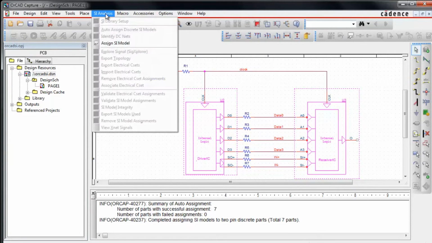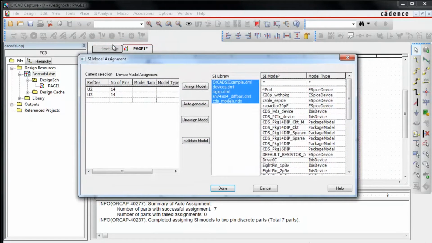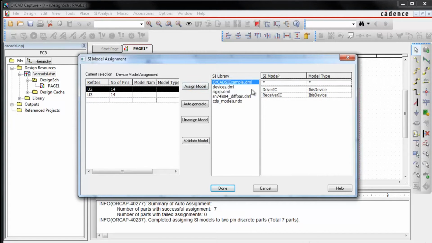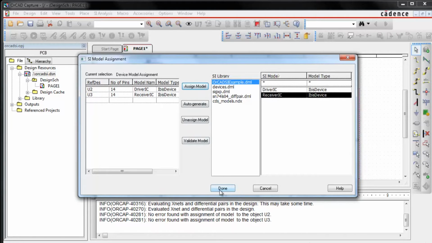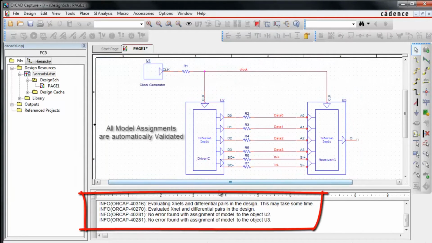The model assignment interface allows easy management of signal integrity model assignments for selected parts and pins. The part model assignment interface provides a quick selection from a library of package models. The assignment operation automatically validates the package model with the part on the schematic to help prevent errors which would